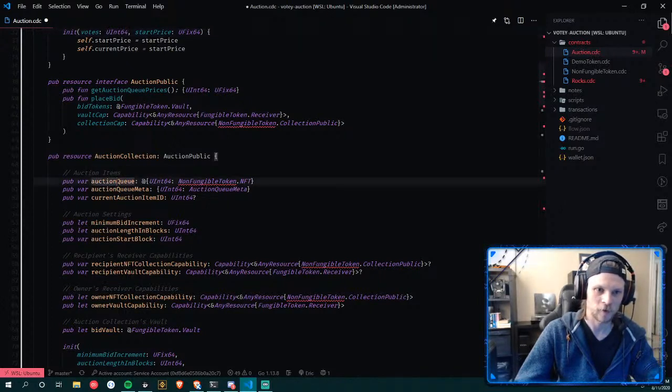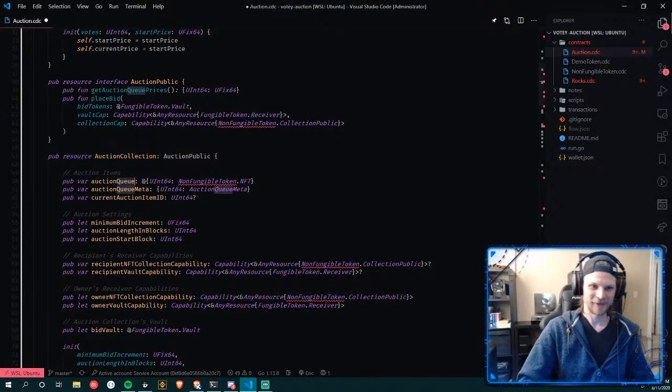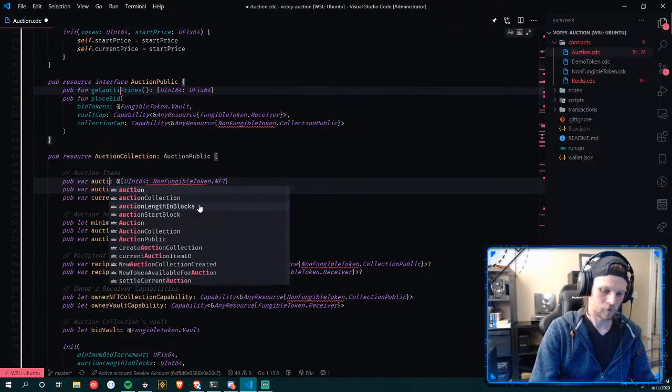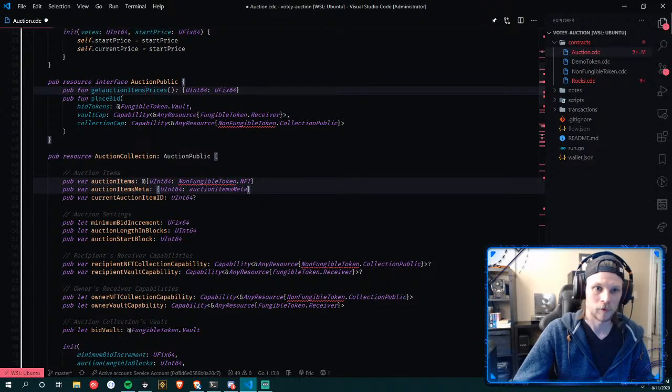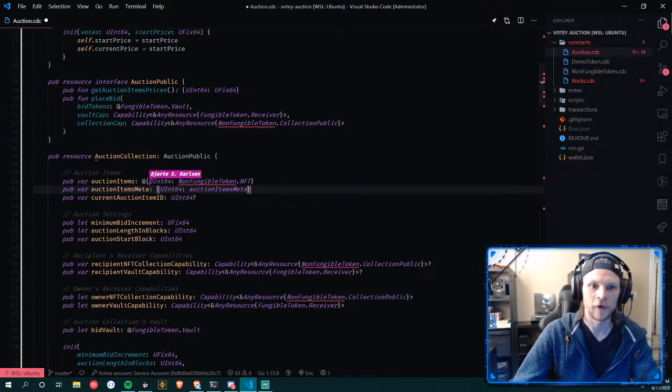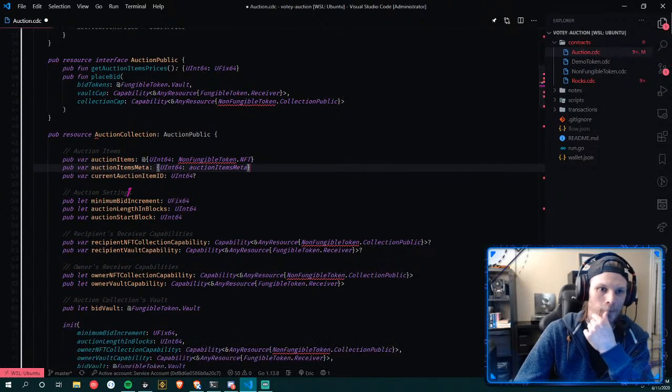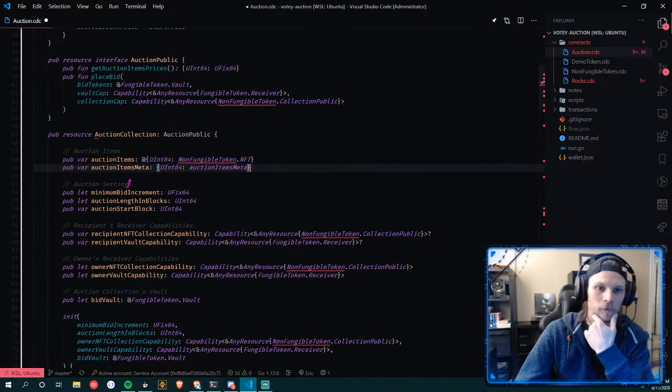I don't know, because this isn't a queue, so we're gonna name this auction items. No, we can always just try it. We could try to not have an own resource that is on auction. That can actually just be an array of auction items. I would rather it be a dictionary, because I want to be able to select that ID and correlate this. Yeah, okay, that makes sense. You really don't care about order here, right? Because a dictionary is not ordered in Cadence, I think. Yeah, I don't think so.